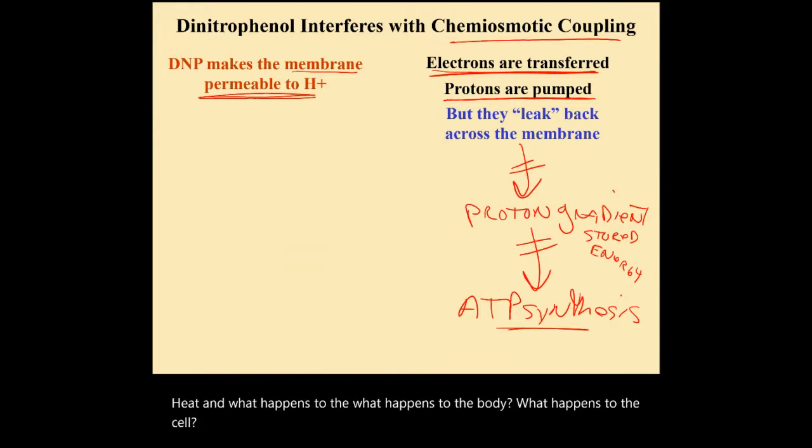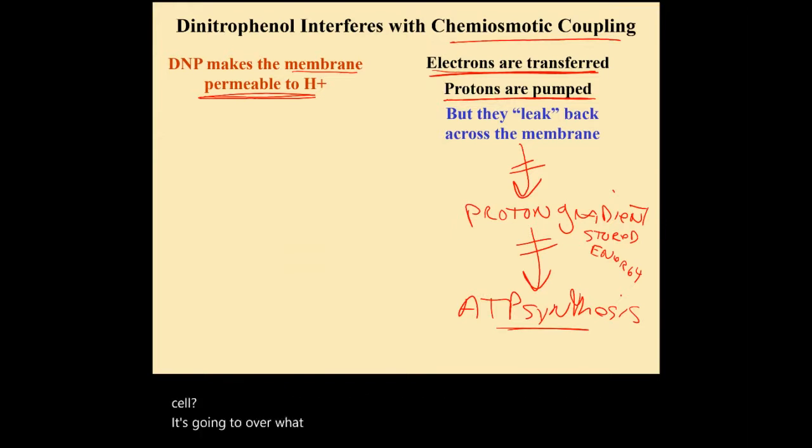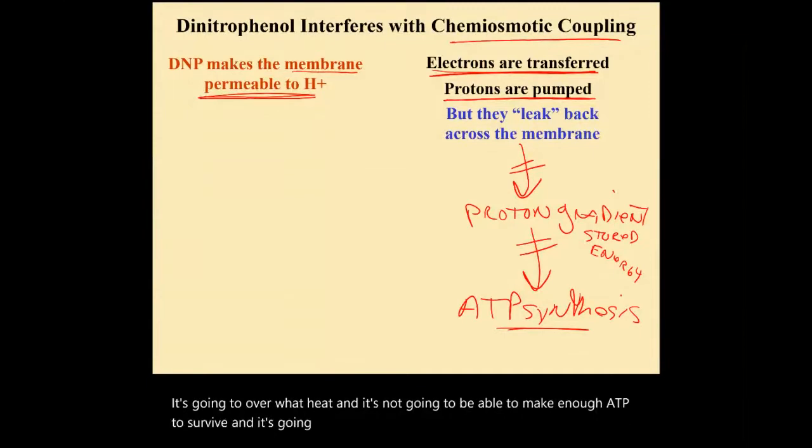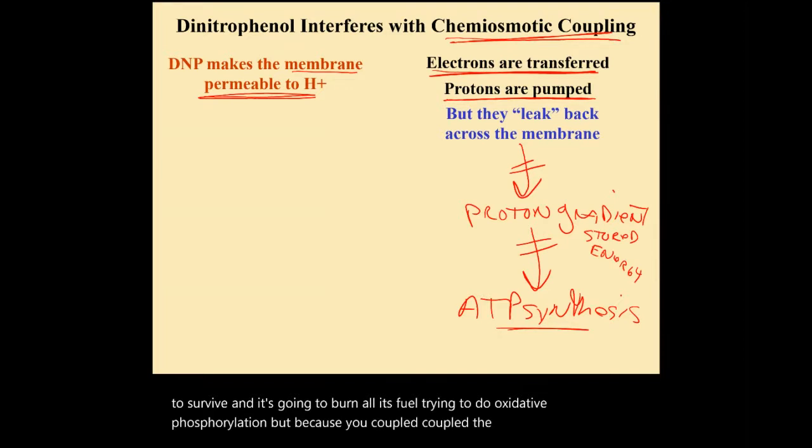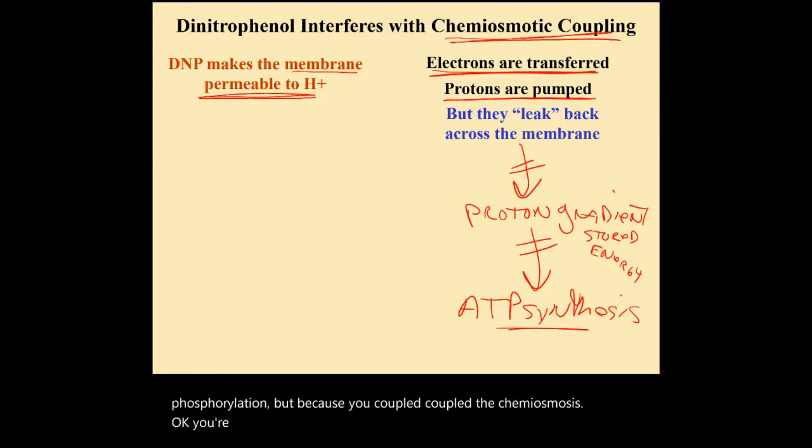It's going to overheat, and it's not going to be able to make enough ATP to survive. It's going to burn all its fuel trying to do oxidative phosphorylation, but because you uncoupled the chemiosmosis, okay, you're not making all the ATP that you should be making, and instead all you're making is a lot of